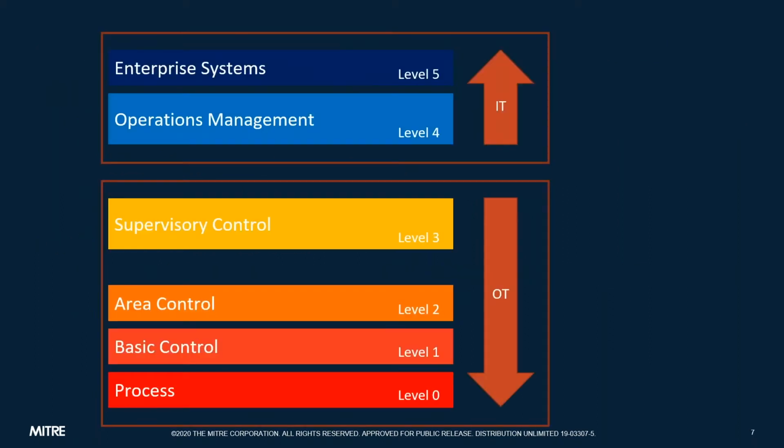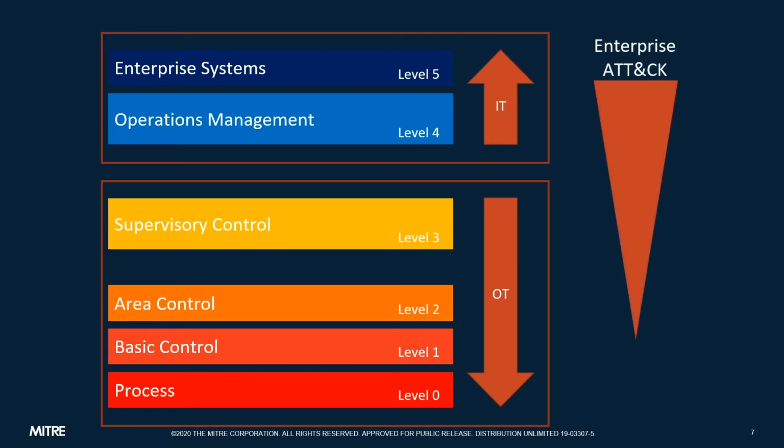So this is the Purdue model. We look at it as a functional reference architecture. Each level in here talks about a particular function of an industrial control system at large. When we look at incident reports or incidents in the wild, we first use Enterprise ATT&CK to think about how the adversary affected the platforms that are addressed by Enterprise ATT&CK. So Windows, Linux, Macs platforms. How did the adversary leverage these platforms in order to get to a certain position in this system?